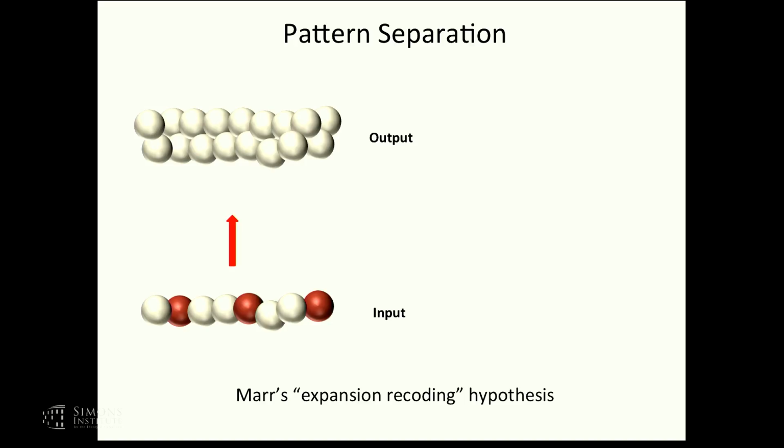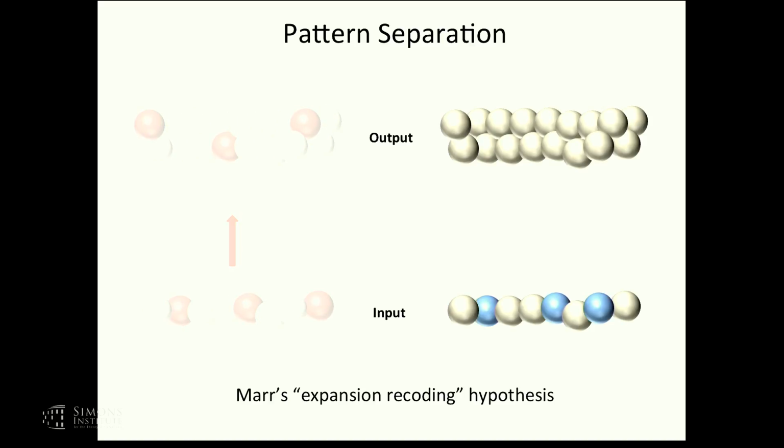The idea is that if you have an input layer and you want to store it to minimize interference in memories, the expansion recoding is that if you have, say, 3 out of 8 neurons as the input pattern, and you represent that now in an output layer of a larger number of neurons, you might have maybe 3 out of 16 neurons being active. Well, how does that help memory?